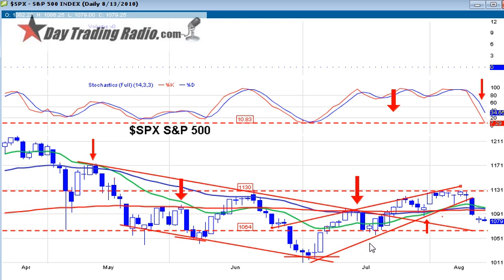So again, we're going to start off with the S&P 500 here. Left off last week explaining the rising wedge pattern and the breakdown and how to come to a measured move in the target. We'll review that one fast again, but I also want to bring to point the stochastics getting quickly back down into an oversold level,